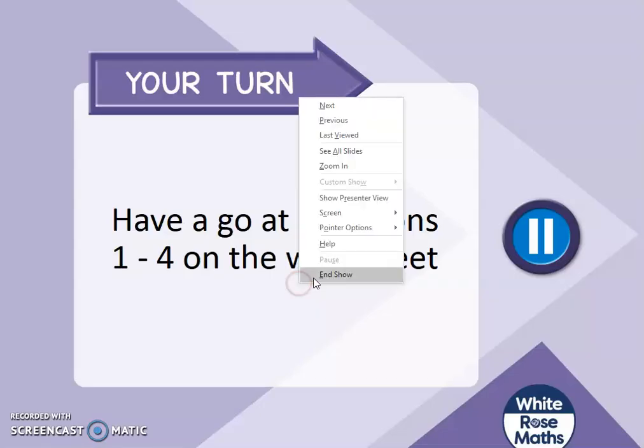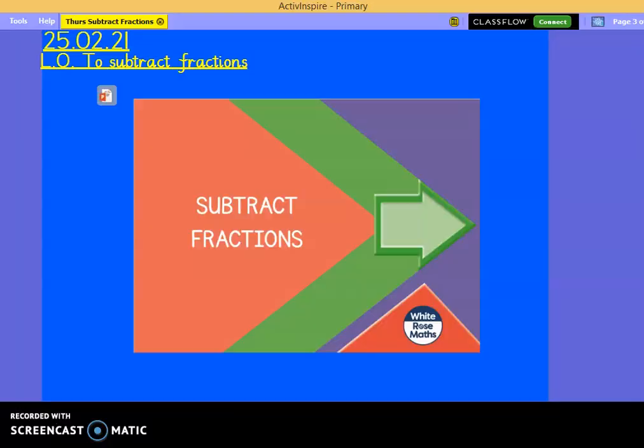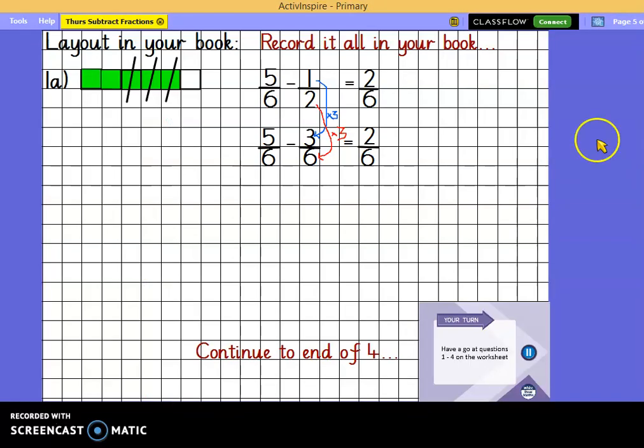Your turn, please, to have a go at questions 1 to 4 on the worksheet. Here is how I would like you to do that work. I would like you to record it all into your book directly. For example, 1A, we can see is made up of 1, 2, 3, 4, 5, 6 pieces because we start